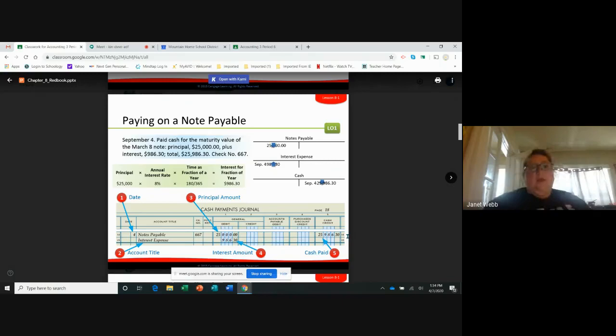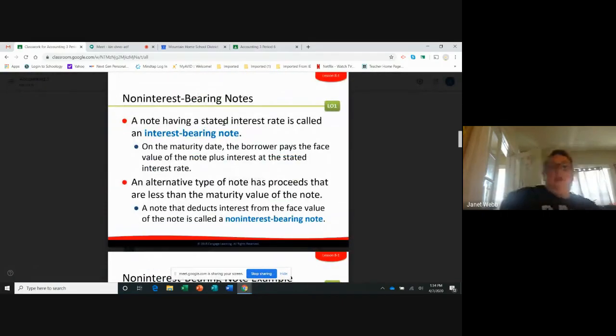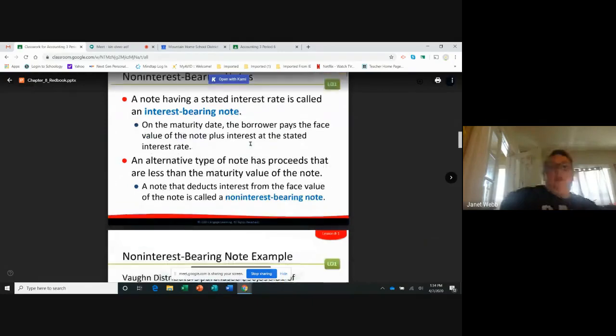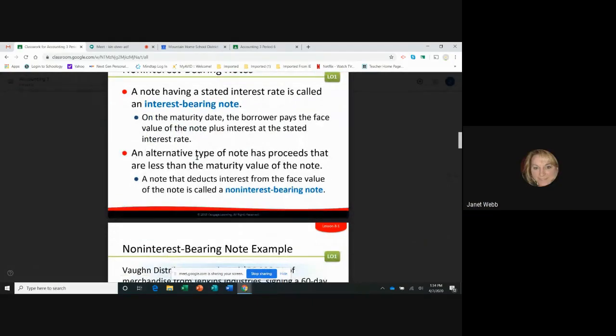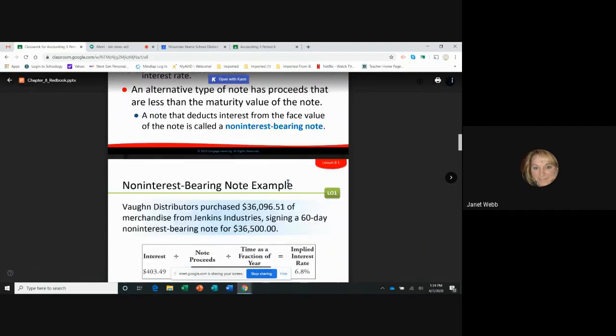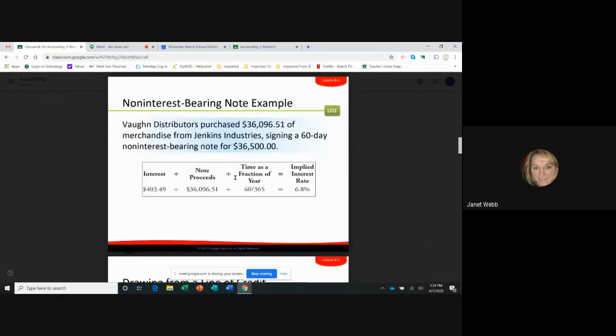So any note that has interest is called an interest-bearing note. So then they have this as an alternative type of note, where the proceeds are less than the maturity value of the note. So a note that deducts interest from the face value is called a non-interest-bearing note. So on this one,